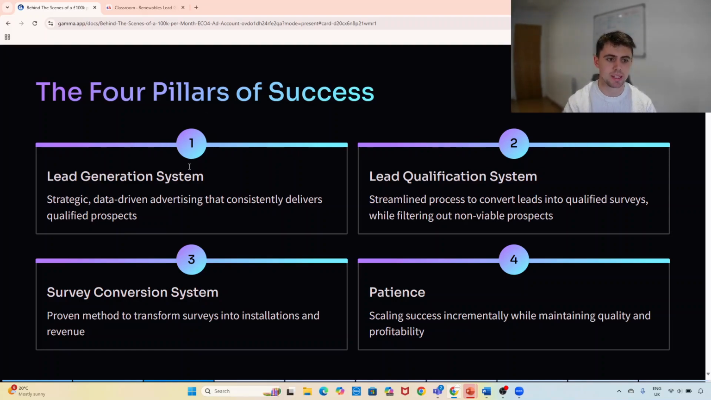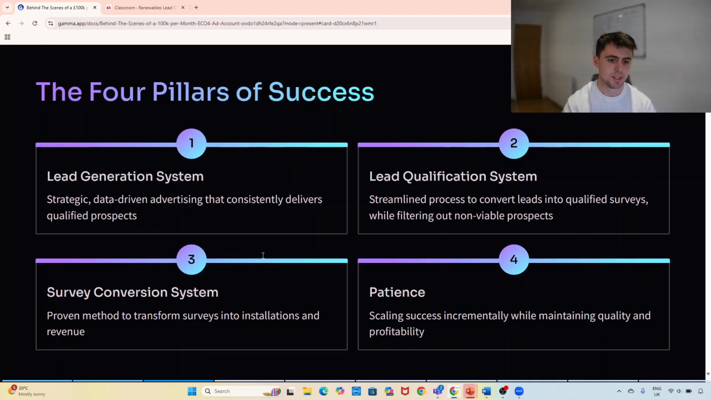The first one is a lead generation system. That just basically means a way to get inquiries of a decent quality through, whether that's Facebook, Google, door knocking, just a way of generating interest and inquiries. Secondly, is a way to predictably and efficiently convert those inquiries into actual surveys. So making sure you're filtering out the non-viable prospects, maximising your booking rates, and turning that initial inquiry into an